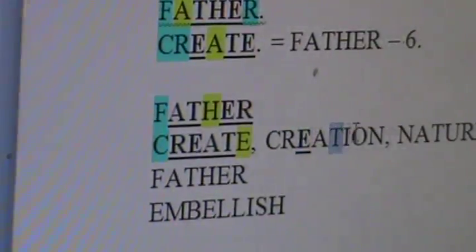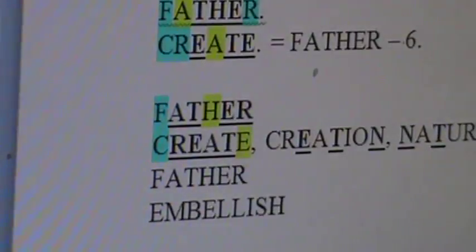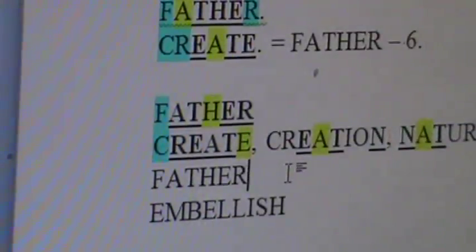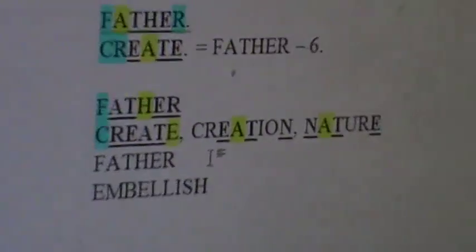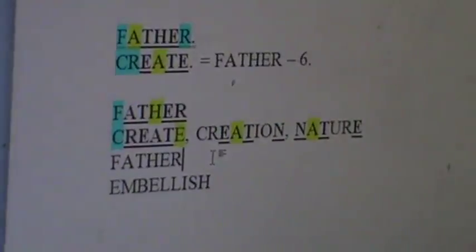Three +2s. This is so beautiful. God is the king, the Father is the king of creation and nature. Three +2s, a single +1. You heard it here before. And then the rest all divide by 3. Creation, nature, create, Father. Wow, he's good. He is the artist of all artists. He is the creator above all people.